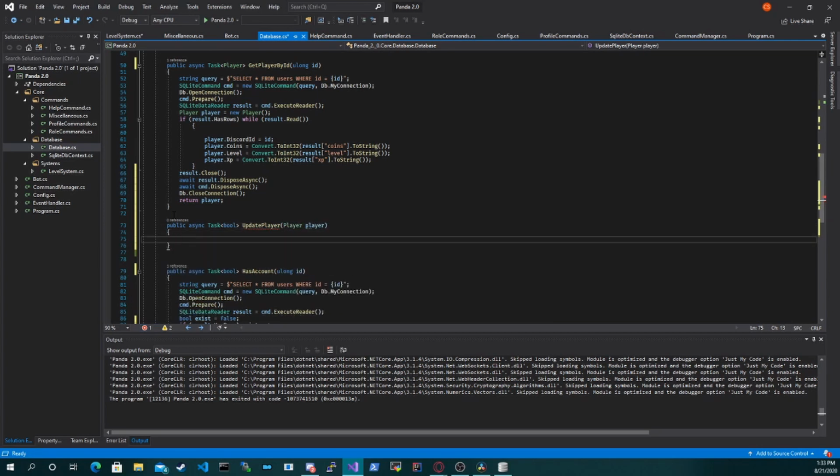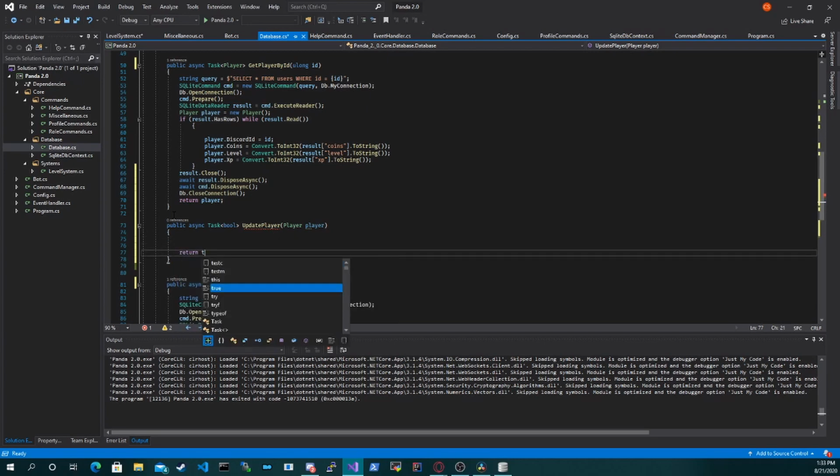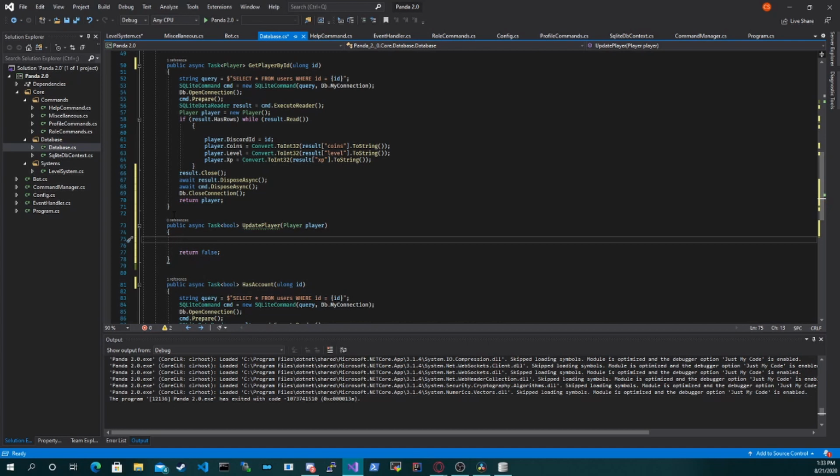Okay, and then we're just going to go down here and return true. Not true, but false here. Okay, now what we do is string query equals. Now I'm going to teach you a new thing in SQLite, which is update users